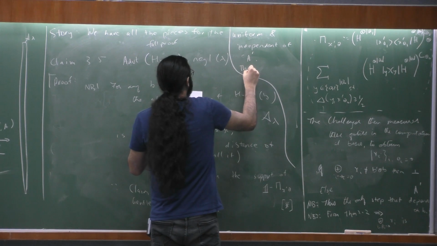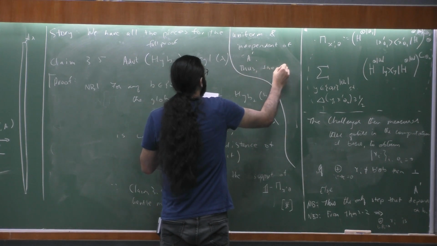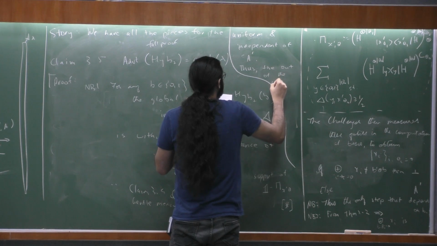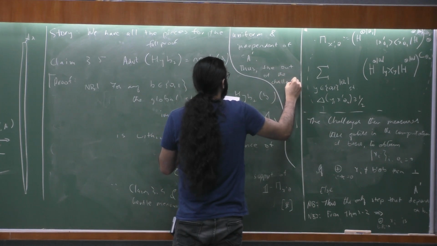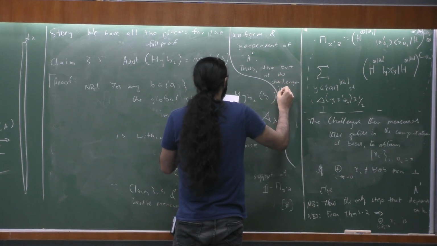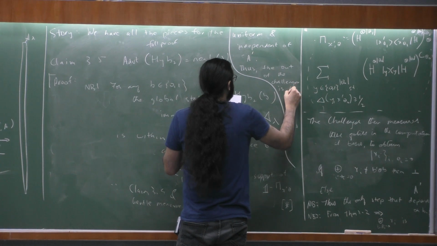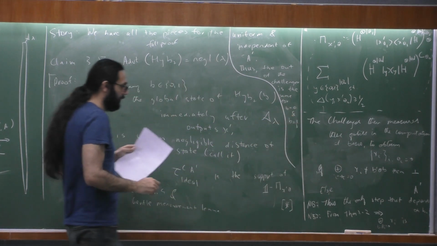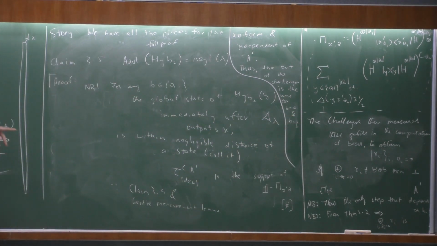Okay. Thus, the output of the challenger is the same for b equal to 0 and b equal to 1. Okay. So it's that last implication that I still have to prove to you. But assuming that,